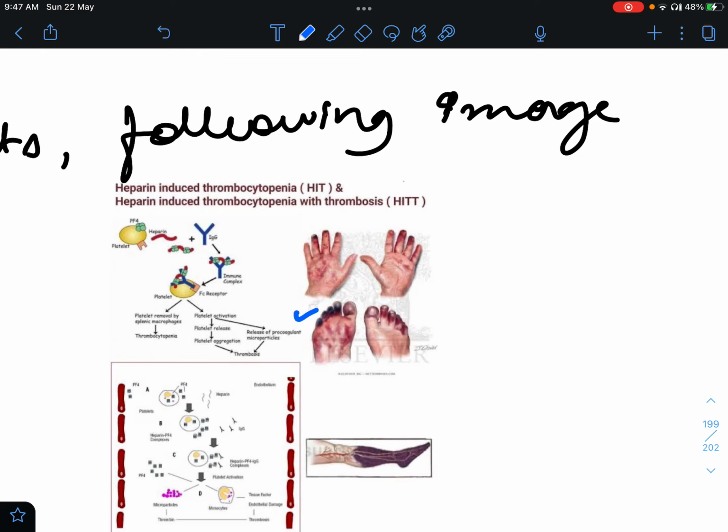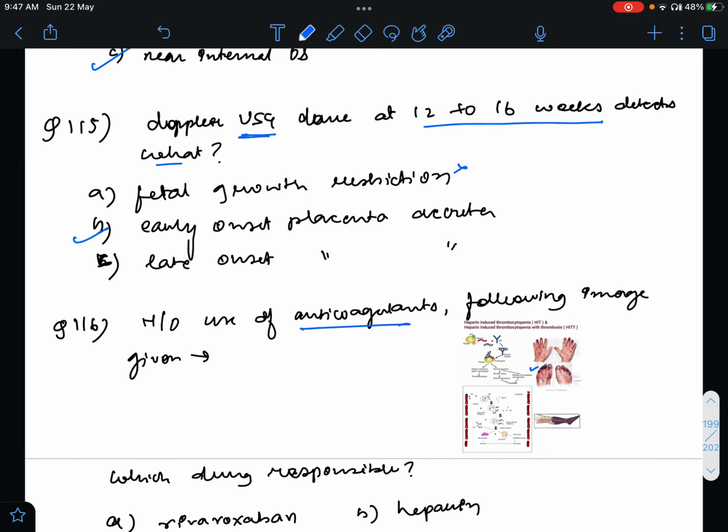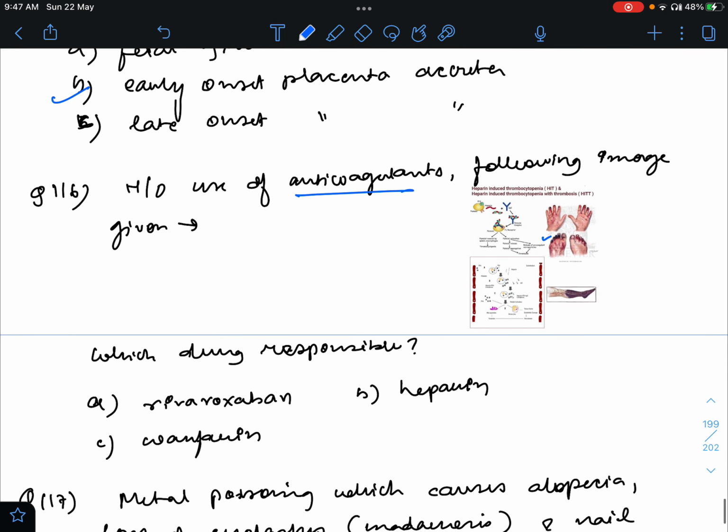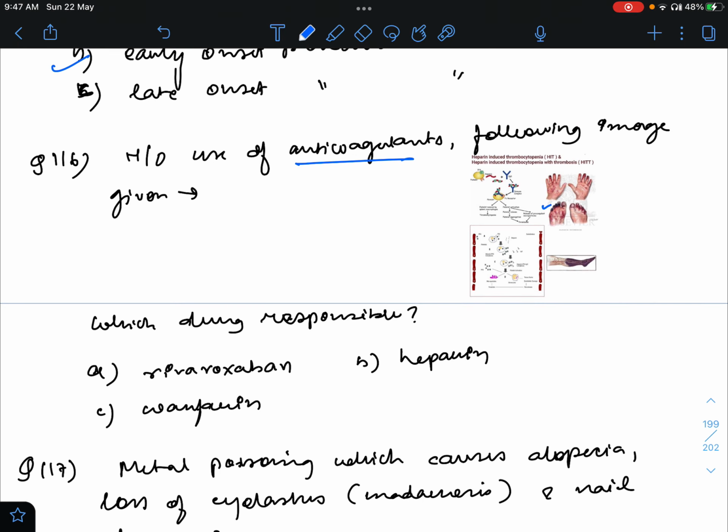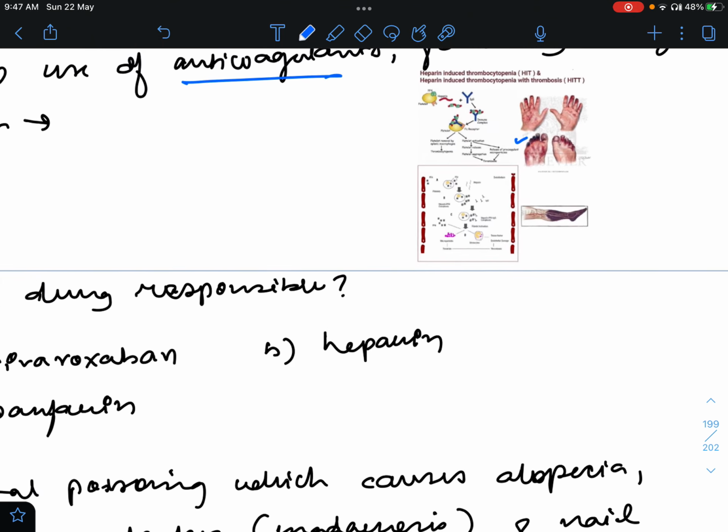A leg was given which showed like this. So what is the anticoagulant that was, what is the drug that is responsible for this? Like rivaroxaban was there in the option, heparin, warfarin was there. So many people are saying that warfarin will be the answer, but I think it is